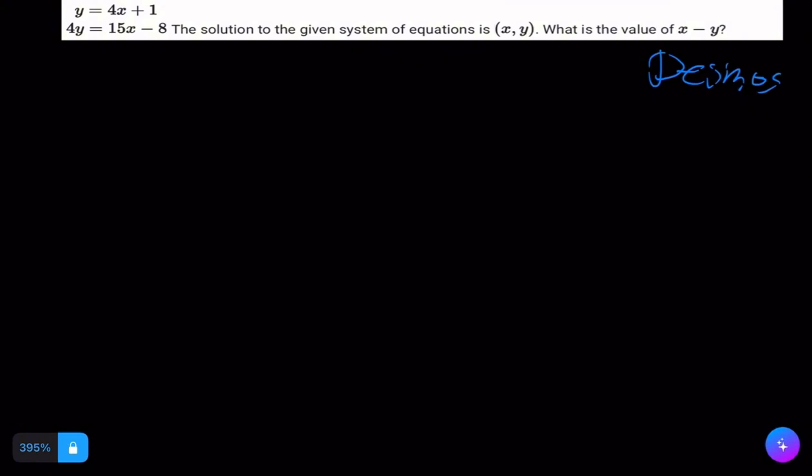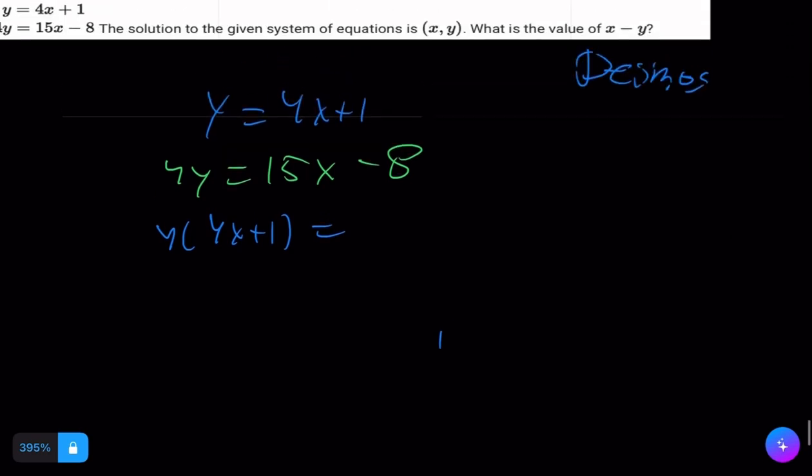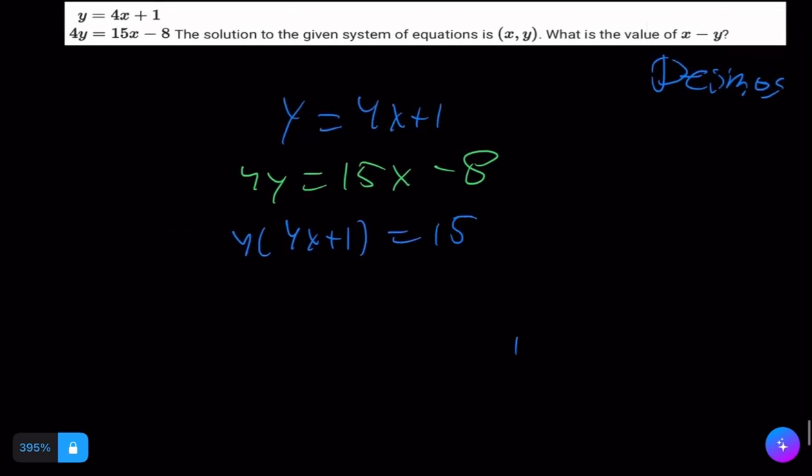So let's figure out our two equations. I have y equals 4x plus 1, and then I have 4y equals 15x minus 8. To figure out my x value, I can plug y into the second equation. So that's 4 multiplying 4x plus 1, which equals 15x minus 8. If we multiply the left side, I get 16x plus 4, which equals 15x minus 8. If I subtract 15x on both sides,